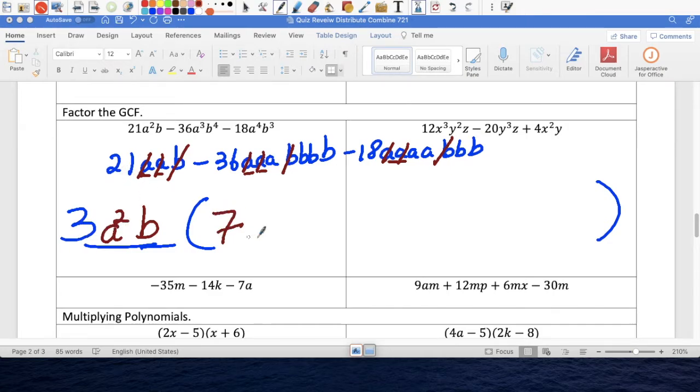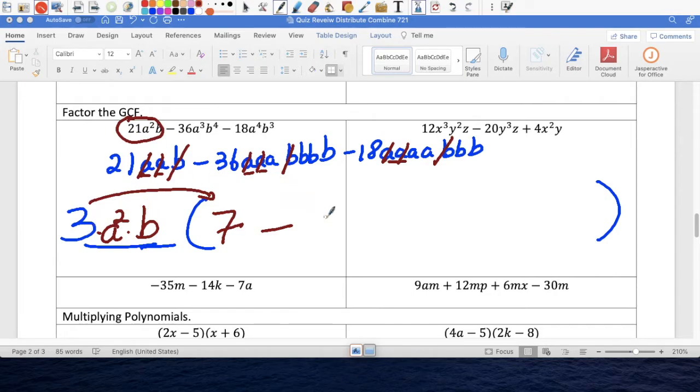It's 7. Do I have any variables to put in here? No, I don't, because they have all been used up if you look at it. And then if I just double check, 3 times 7 is 21, and then a squared b tag along, and I get this first term. So I'm good. Minus